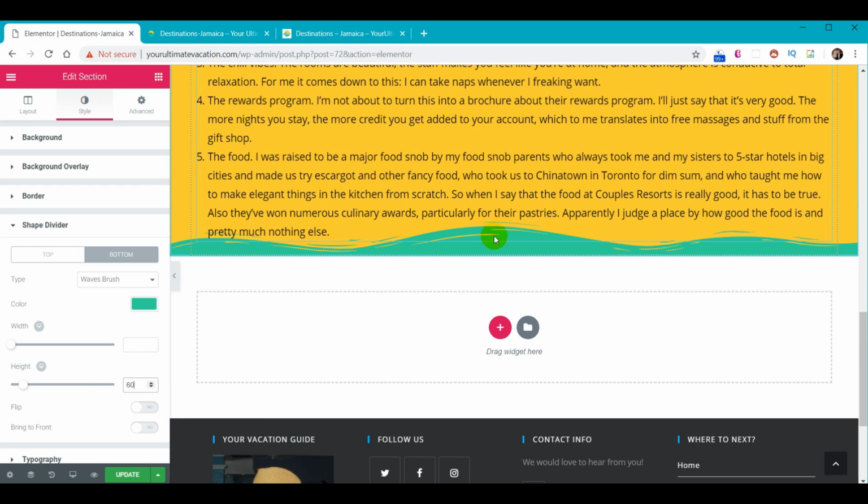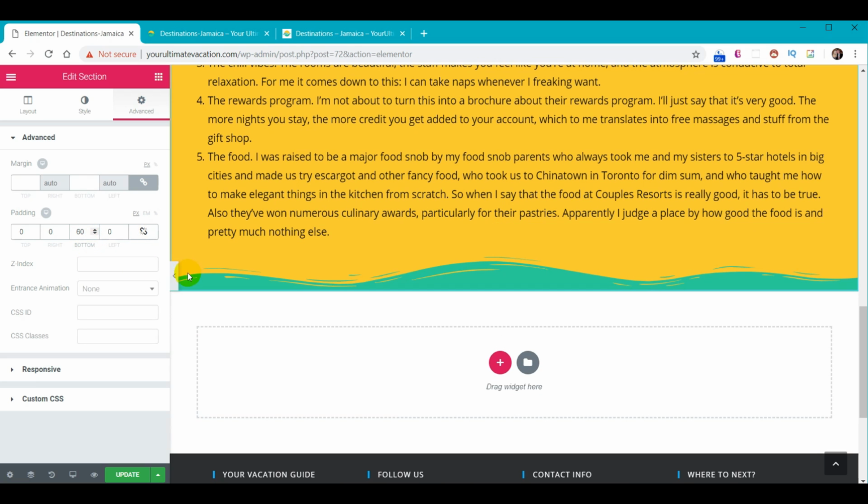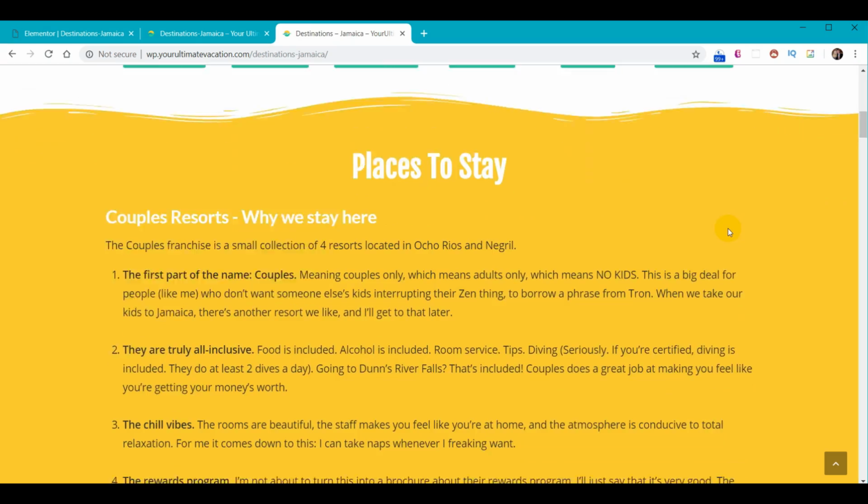And now we scroll down, we can see that there's not enough space there. So again, come into Advanced, unlink those, and for the bottom, let's set this to 60, and now we've got plenty of space there. Now let's go ahead and visit Bethany's website again, and for the sake of time, notice